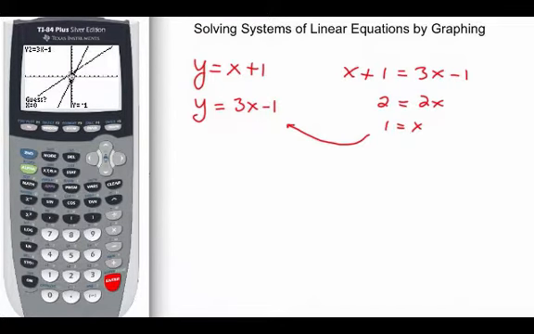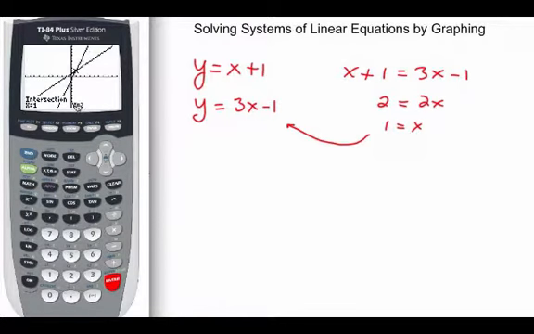And then the calculator asks us for a guess, and there is no perfect way to do this with two lines, so we cursor slightly towards the intersection point. That's obvious. In a more complicated scenario with quadratics and so forth, you might have 3 or 4 intersection points, and it's quite important that you cursor near the one that you're most interested in. And when you have your guess all set to go, you press enter, and the calculator gives the intersection point